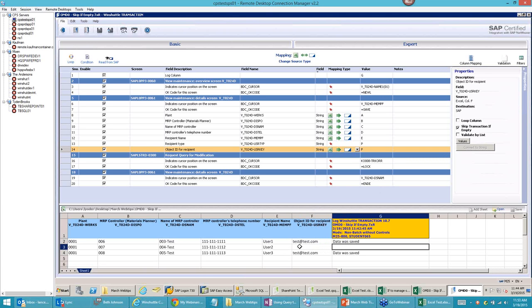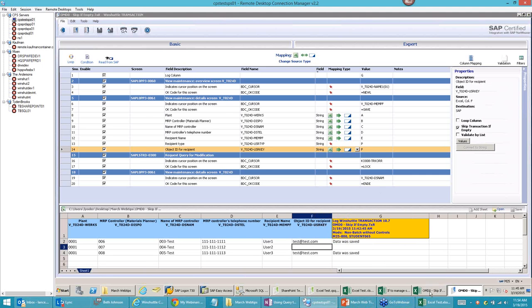So in this case, you didn't allow that bad data to get into your system, even though SAP said that this was not a required field. Your business process said it was. So you come in here, check that box, and unless they provide a value, it's going to skip that record. And then you can easily see, okay, well, these ones were skipped. Well, why? Okay, well, they didn't provide an email address